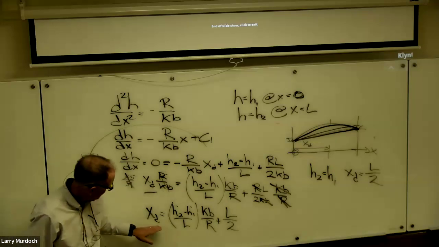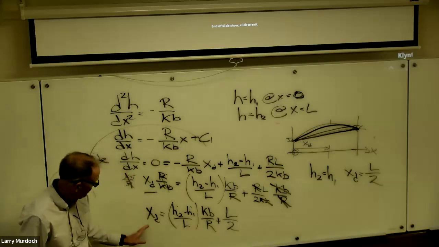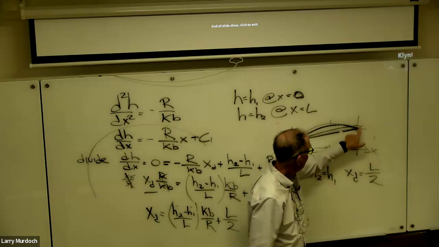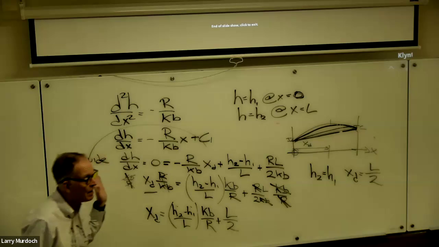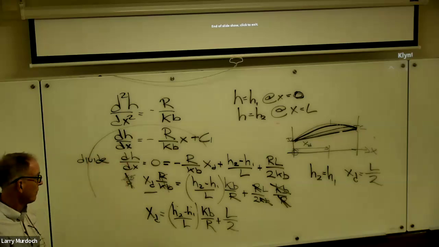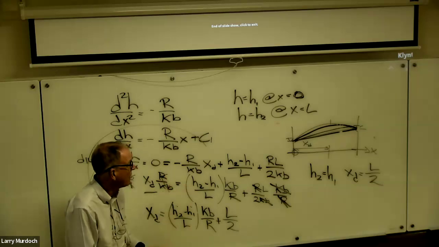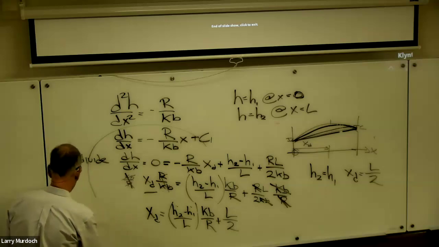So that will happen when this equals L over 2, right? So if the divide is moving this way, when it reaches here, then there's no divide. So if the divide moves all the way over to the far stream, then there's no divide in between the streams. So that happens when